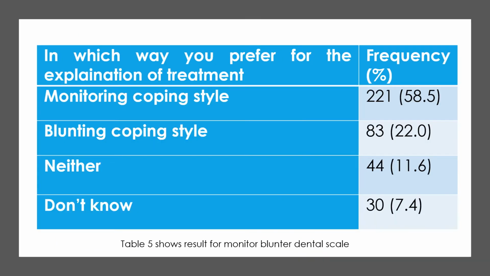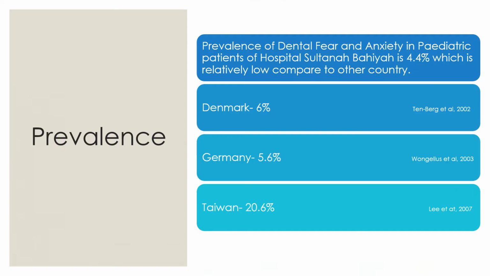There are two psychological coping styles, that is monitoring and blunting coping style. Monitoring coping style is defined as attending to and seeking out information about threatening stimuli, while blunting is avoiding or distracting oneself from threatening information. In this study, most of our participants opt for the monitoring coping style. The prevalence of dental fear and anxiety in pediatric patients of Hospital Sultanah Bahiyah is 4.4%, which is relatively low